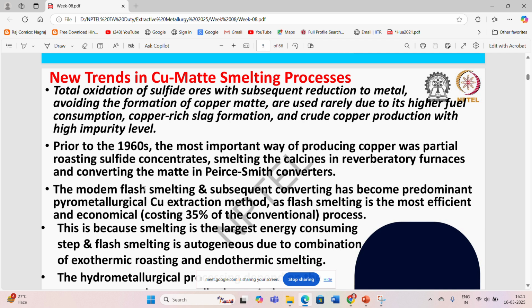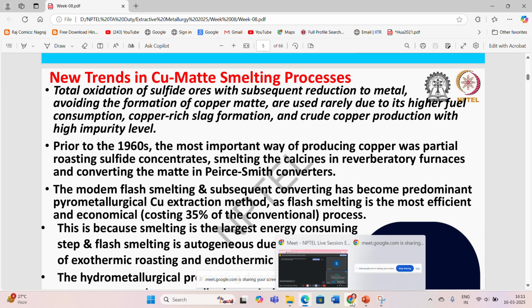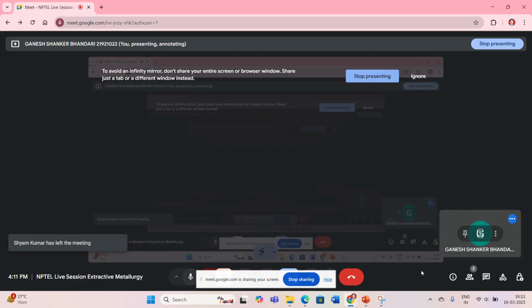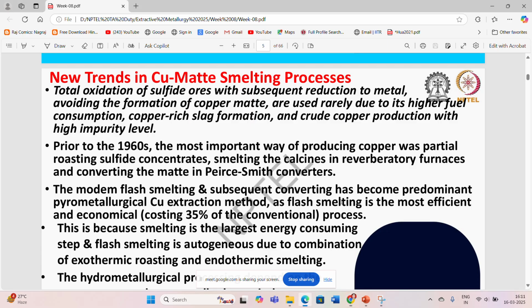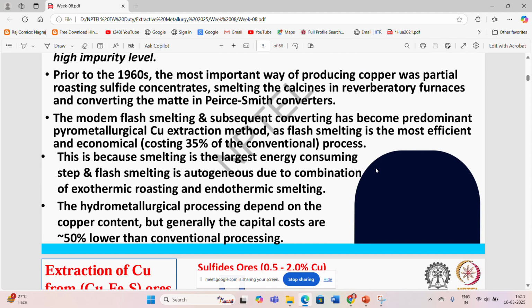Then prior to 1960s, the most important way of producing copper was partial roasting sulfide concentrates, then smelting the calcine in reverberative furnaces and converting the matte in Pierce-Smith converter. So then molten flash smelting and subsequent converting has become predominant pyrometallurgical copper extraction methods nowadays, and as flash smelting